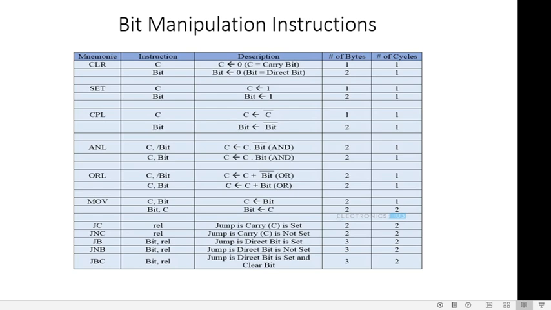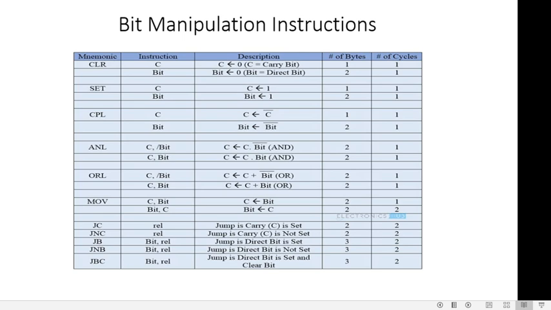That means if the carry flag bit is not set, if it is 0, it will jump. So depending upon the condition of the carry, whether it is set or not set, JC and JNC perform the operation. Which operation? Jump to the specific location. It's a 2 byte instruction and it requires 2 cycles.